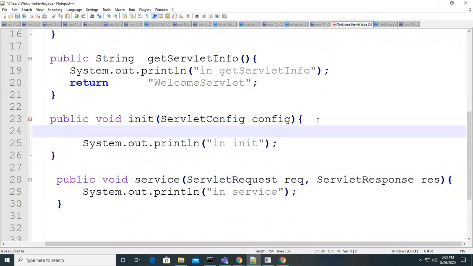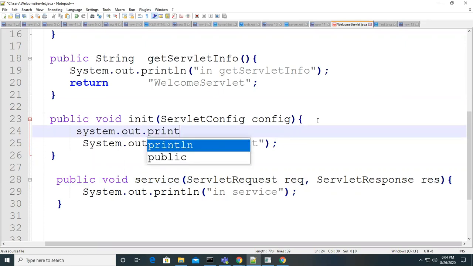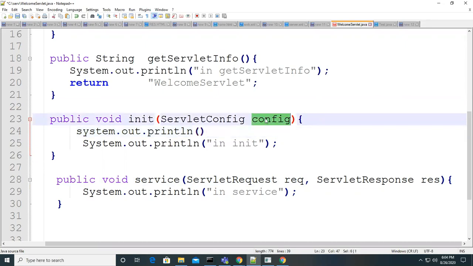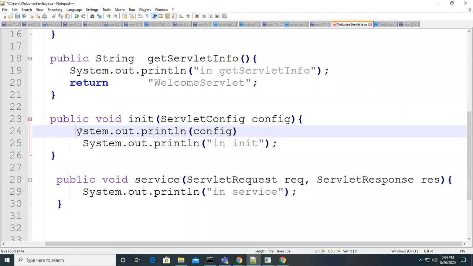First, I'm just printing config. It's a variable, right? Config is a variable which holds some object. We are trying to understand the servlet life cycle, guys. Please listen carefully.